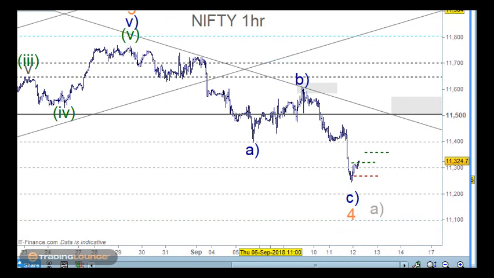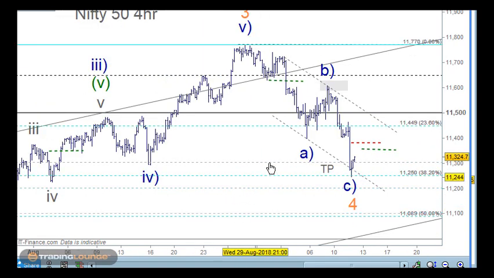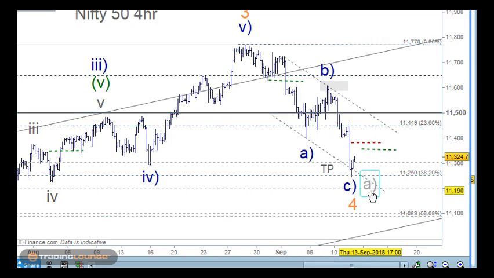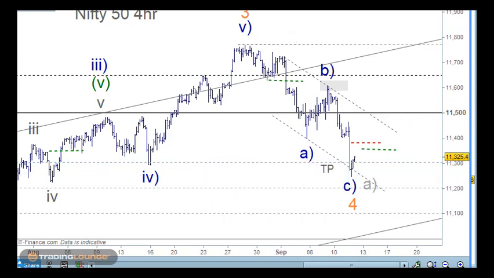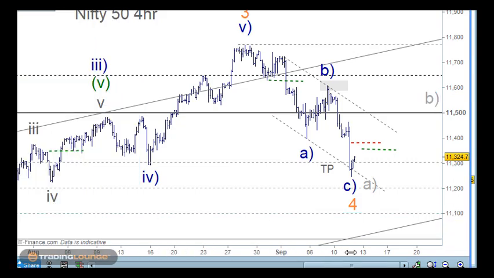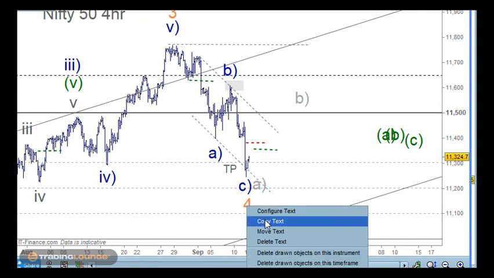The other point that I want to make too is, just going back to the 4-hour chart, I know that wave 4s can be complicated, so we also need to be mindful that this first leg down here could be just the A wave, and then we could get a B wave. Copy this here, that's 61.8% there, so that would be the B wave here. So we may end up getting a more complicated wave 4 here.